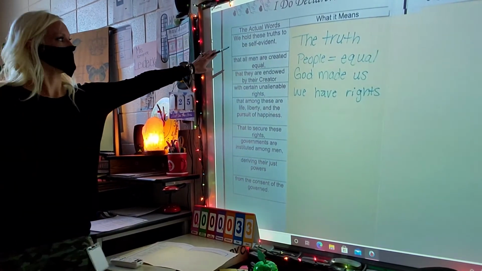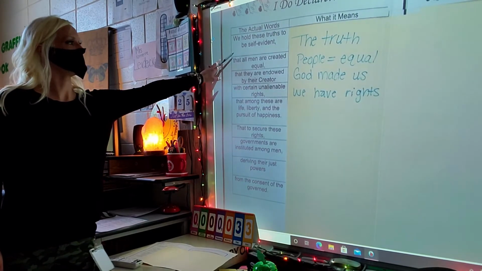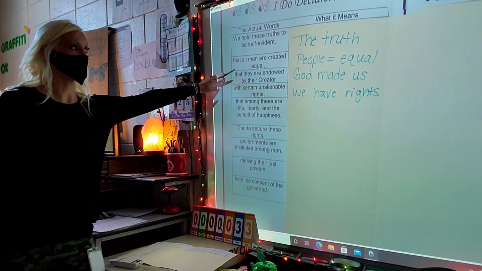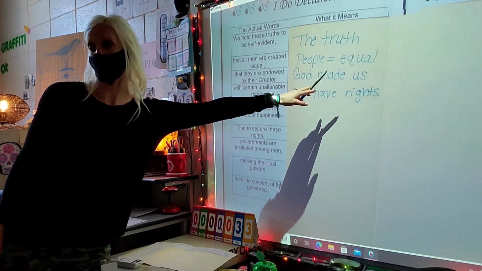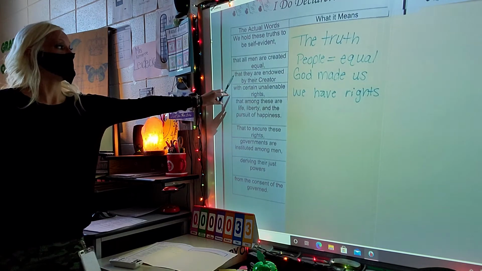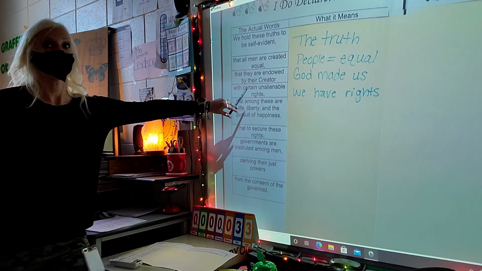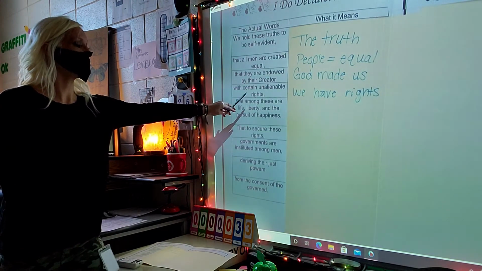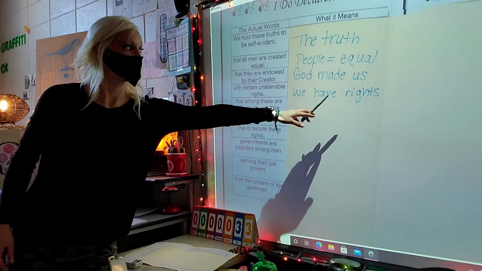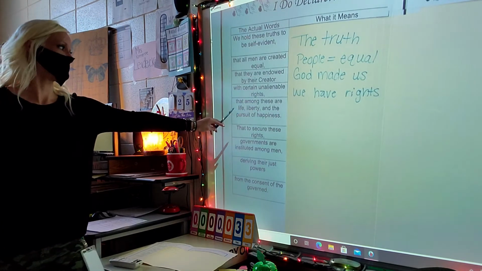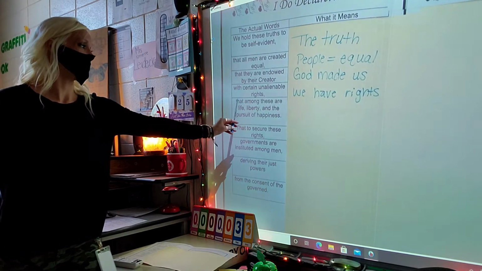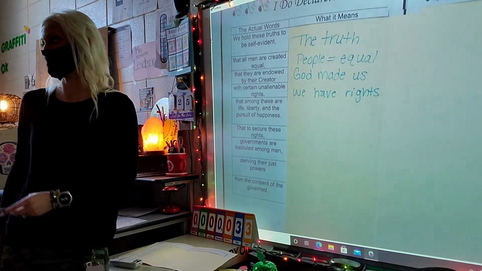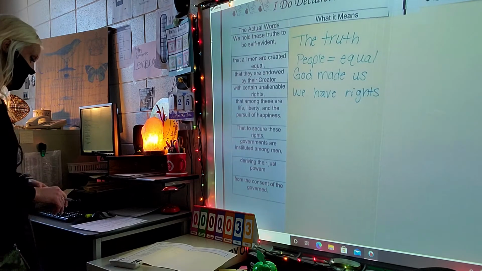Okay, so I'm going to read it from the top again. We hold these truths to be self-evident. So the truth. That all men are created equal. So all people are equal. That they are endowed by their Creator, meaning that God made us. We have certain unalienable rights. We all have rights. Now we're going to learn about those rights. That among these are life, liberty, and the pursuit of happiness. Well, what does that mean? That means